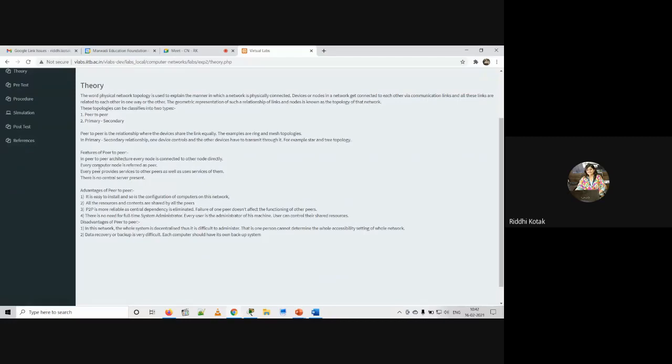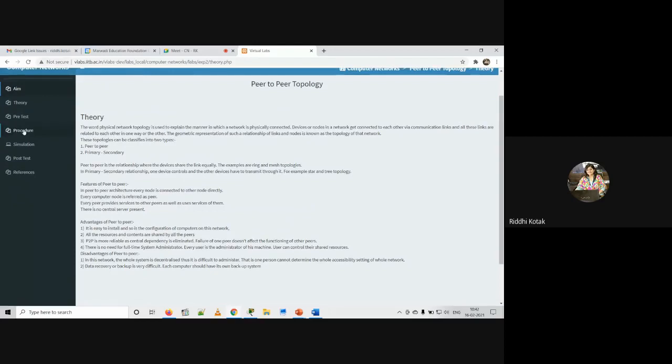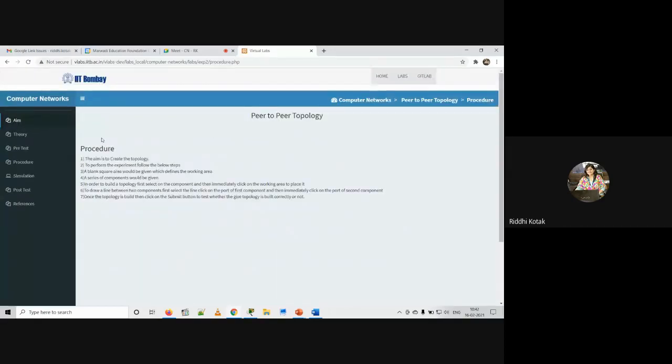Like if you are taking the host as a desktop or laptop, so that computer node is referred to as a peer, a node, right? And every peer provides service to other peers. Like one node will be connected with another node and will provide the service, right? Its advantage is given, same as we have discussed in theory. Now you can go with the procedure, but that I will follow.